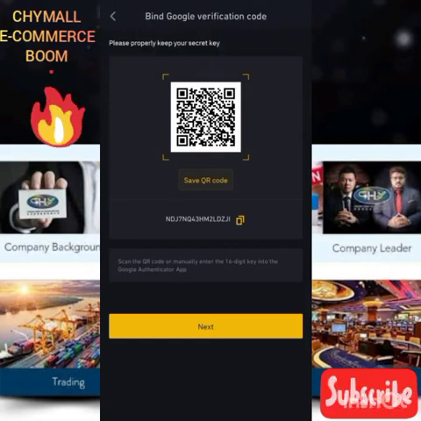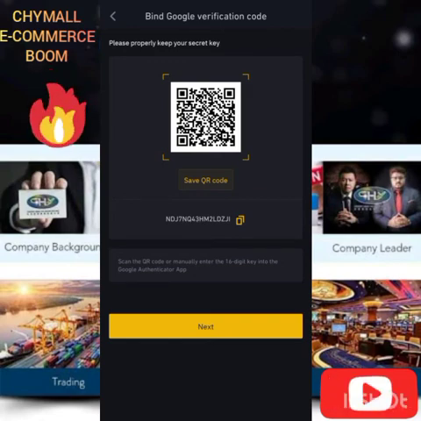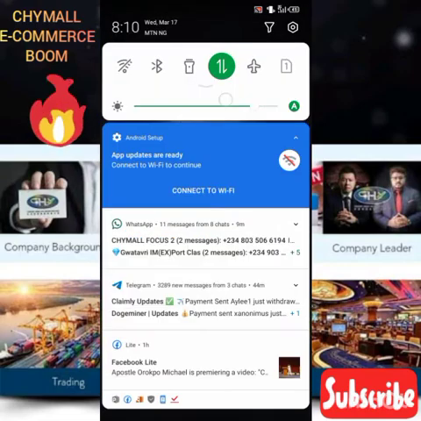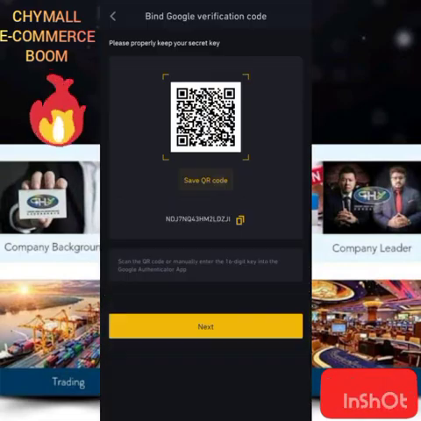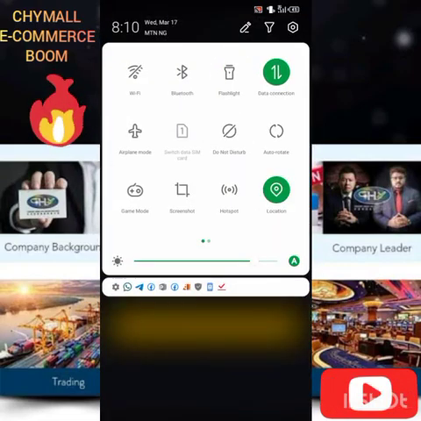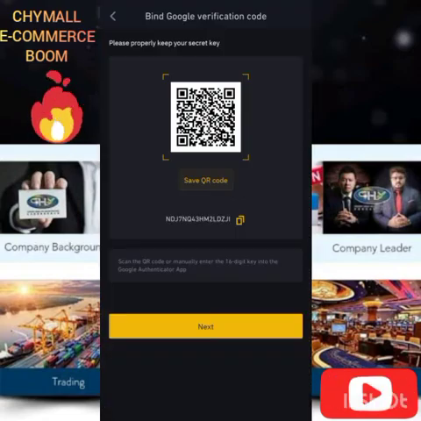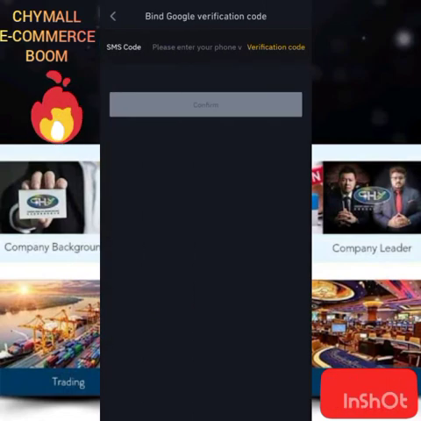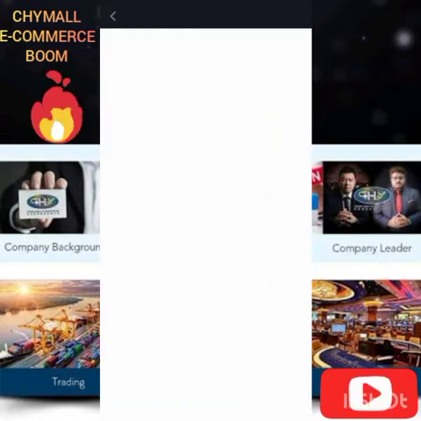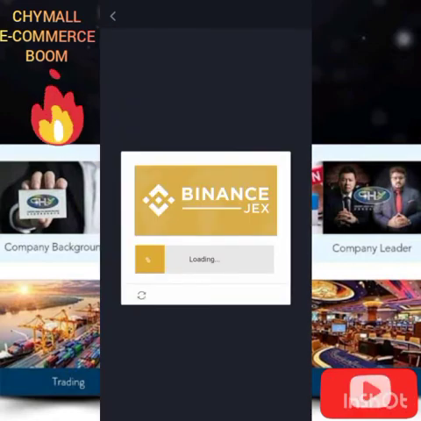You need to scan it. Once you scan it, it will give you a number. Now the number that will be given to you is what you will use in completing the verification of the QR code. So you click on next. You must ensure that you have scanned it before you click on next to go on with the verification. Then you click on the verification that will come up just the way I did.